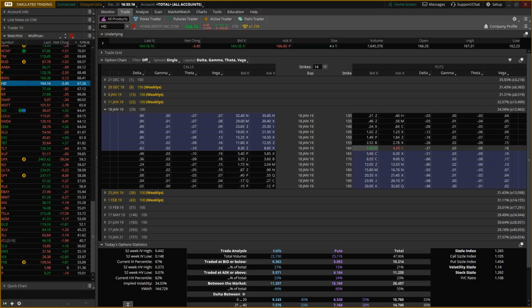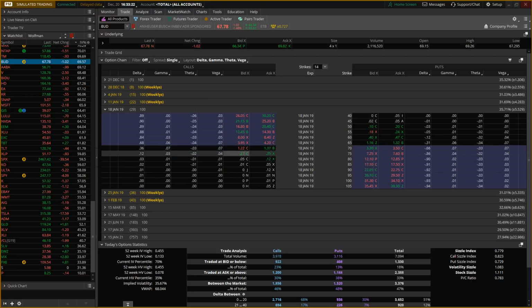Now, if you're used to trading, say, Budweiser, which may not have a 10 cent wide market, but you're used to trading that, I have no problem with it being 15 cents on a stock under $100. But just be careful and know that you're taking on a little bit more risk. That would be like the yellow light. Under 10 cents for a stock under $100, that's a green light. Up to 15 cents, I would say that's a yellow light. 20 cents or more would probably be a total red light for me. Okay, so that's picking the right underlying.